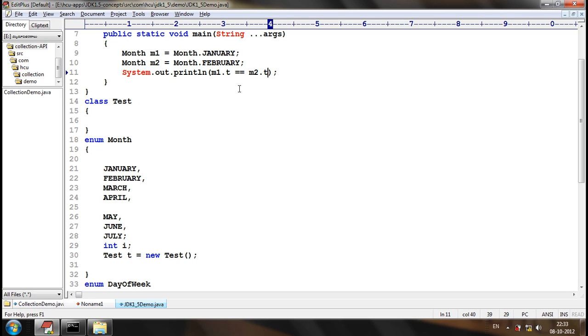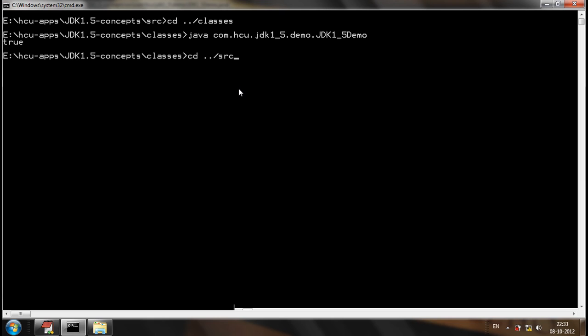Now T1, T2: T1 equal to T2 will become true or false? Each and every enum constant will behave like an enum object, so that each and every enum constant will have a set of attributes of that enum.